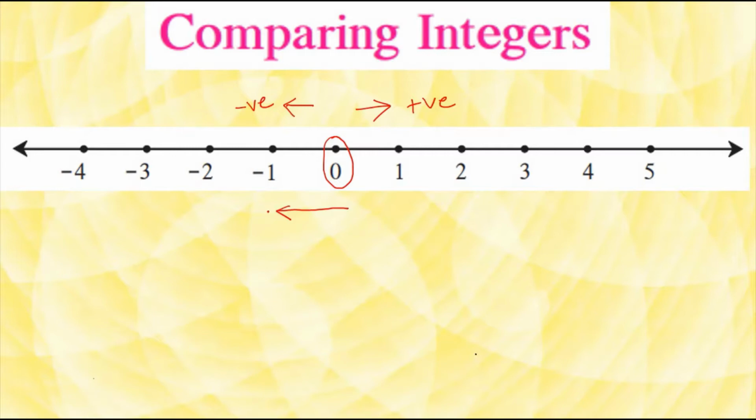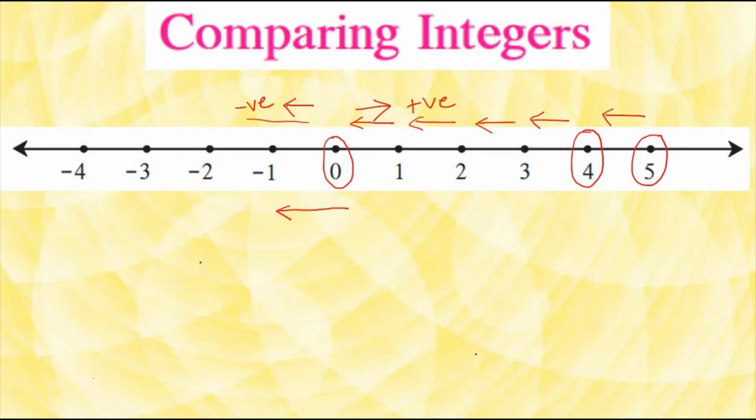the value of the number goes on decreasing, which means if I start from 5 and go towards the left hand side, the number 4 comes and the value of 4 is smaller than that of 5. Similarly, moving ahead to the left hand side, there comes 3, 2, 1, 0 and so on. Which means that when we go to the left hand side, the value keeps on decreasing. And this is how we will compare the negative as well as positive integers.